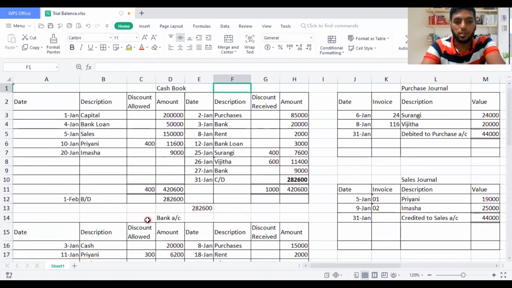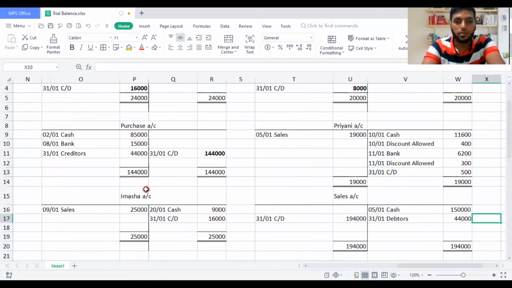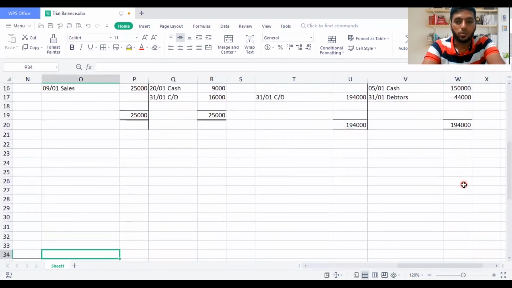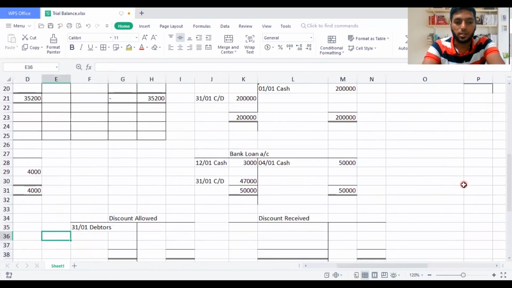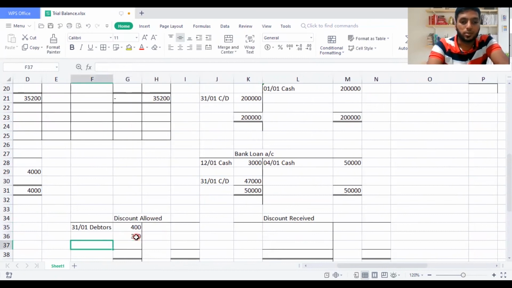Rather than taking from here, either I can take 400 plus 300 here. But then it's better you always see from the debtors side. Then of course you will have an idea. So 400, you can see debtors. One is here 400 credit and here 300 credit, which means discount allowed should be debited by 400 and 300, saying on the month end, because that's the amount which we are going to do on the month end. Either you can take it from the cash book directly, or you can have the adjustment from that idea.